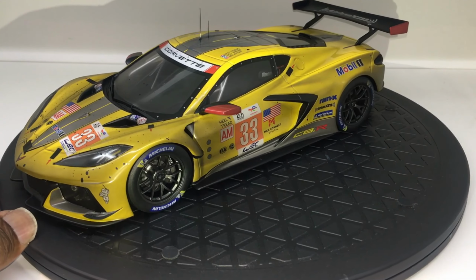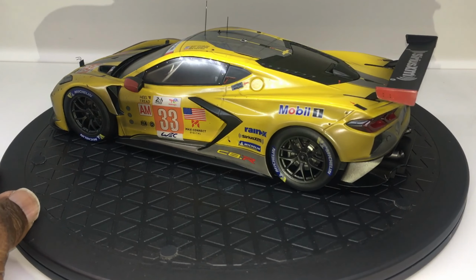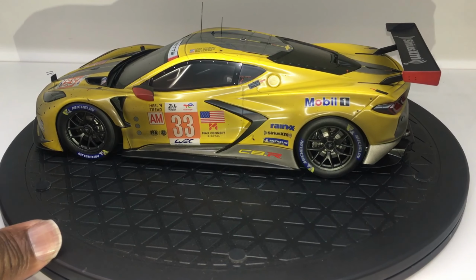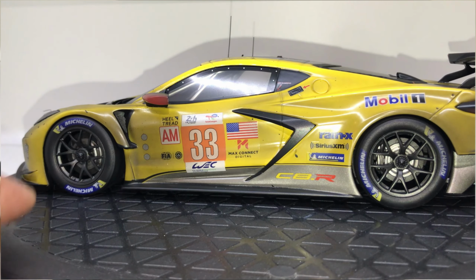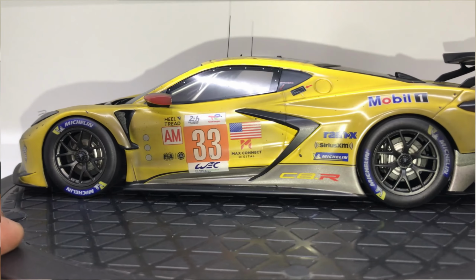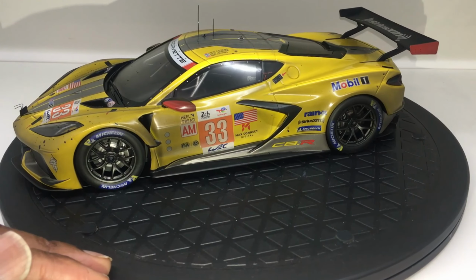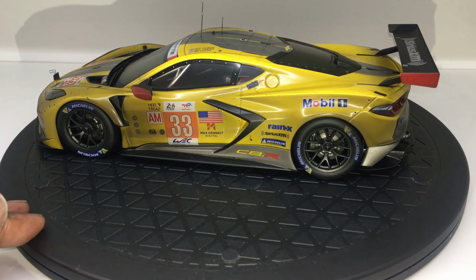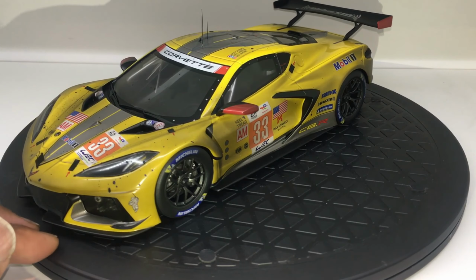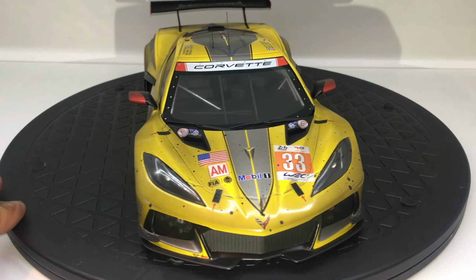So I do have a few race finished cars in my collection. And this one more or less looks like it was sprayed on. I'm saying that because just from the light and the reflection that you're seeing from the light, it has almost like a satin gloss finish to it. So that's what's giving me the impression that it was done with some kind of spray paint, or there was a layer added after the race finish was applied. Maybe that's what it is. But